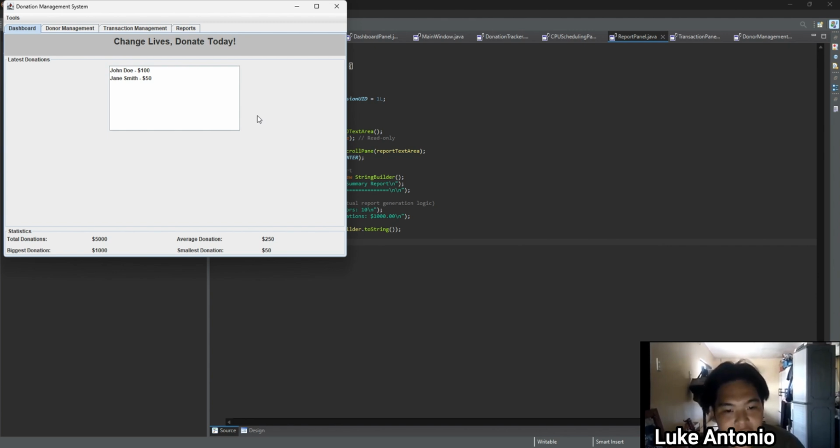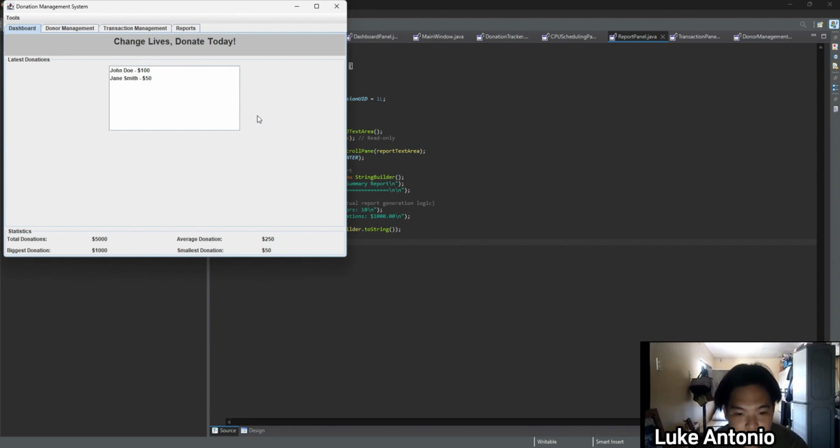And lastly, let's explore the dashboard tiles and their content. In the center of the dashboard, you'll notice several tiles presenting vital statistics such as total donors, total donations, monthly donations, and new donors. These tiles provide a snapshot of our system's performance and help us monitor critical metrics in real time.